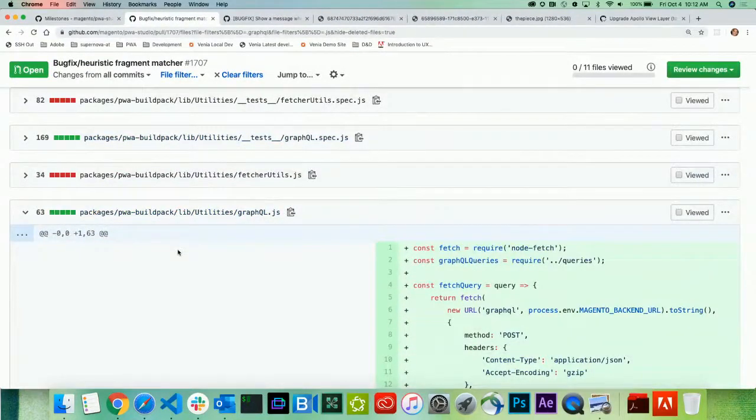Then Jordan's on the call. I took over a couple pull requests from him as he gets closer to his own launch. So this one is a bug fix for the heuristic fragment matcher. If you've gone in development mode to a simple product, I guess is the easiest way to see this, so go to accessories and then a pair of earrings or something, you can see in the console Apollo spits out a big ugly warning